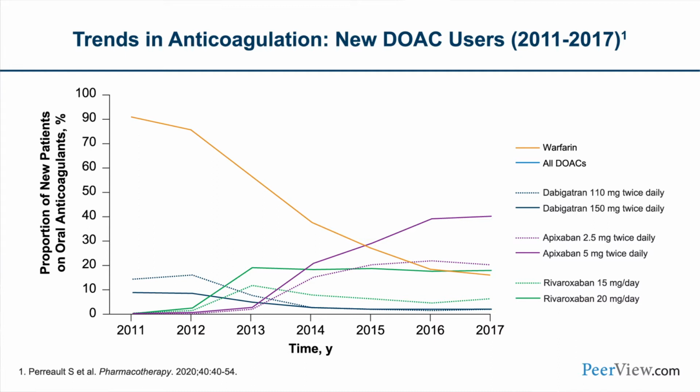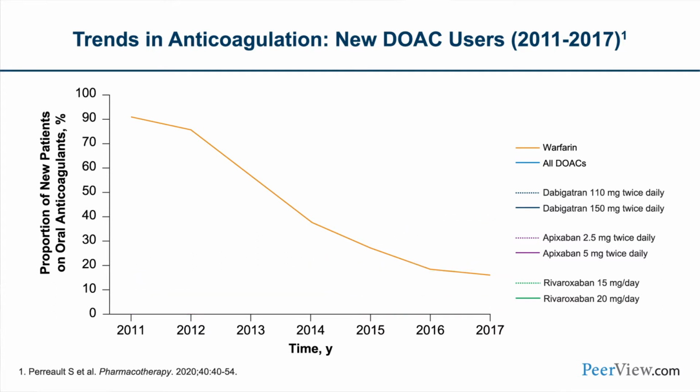What's happened, as you can see from this slide, is that over the last 10 years or so, there's been a rapid and very profound increase in the use of the direct oral anticoagulants compared with warfarin. This is best illustrated by the fraction of the population treated with warfarin starting in 2011 and falling rapidly down to 2017, and the total fraction of patients treated with all of the direct oral anticoagulants starting at a low level around 22% back in 2011 and rising now to almost 90% and plateauing